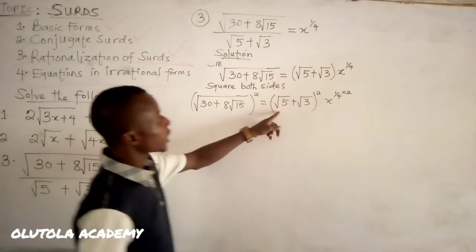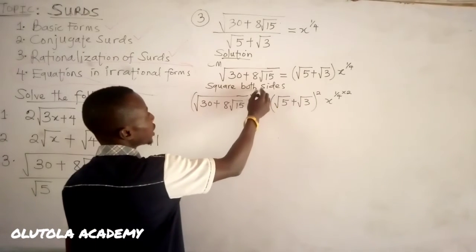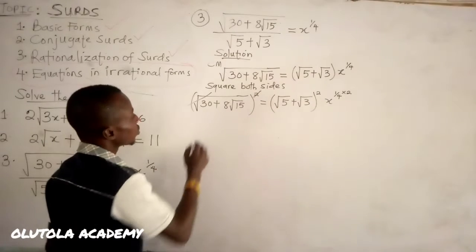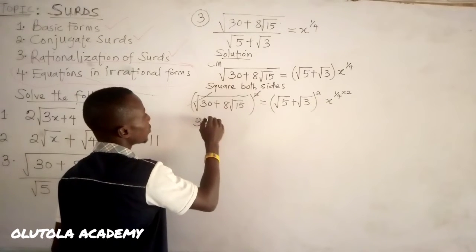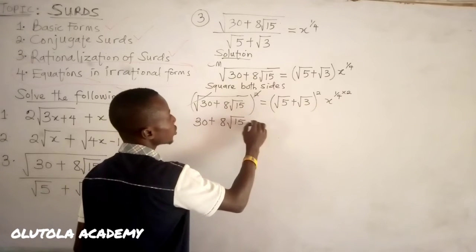So the square affects this and also this. As we've done earlier, the square here cancels the square root. So we have 30 + 8√15 equals